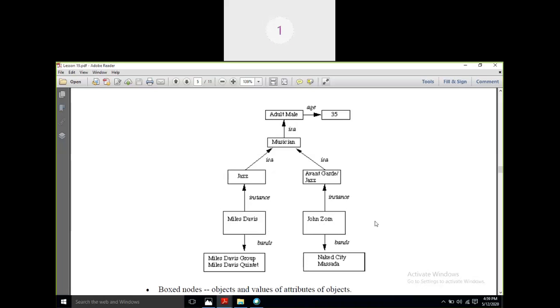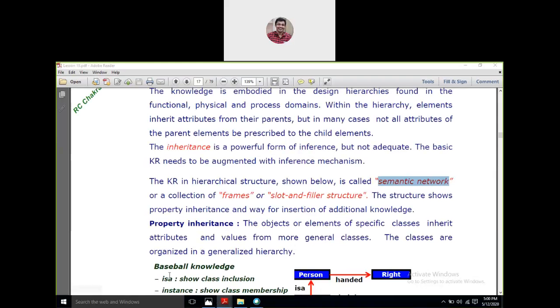So we do have Davis and John out here. This is my object class, right? You could have asked me a question: how come you are picking up in a semantic net this too as an object class? In the whole of the semantic net structure, there is something that you need to know very precisely. I'll be switching over these again and again.